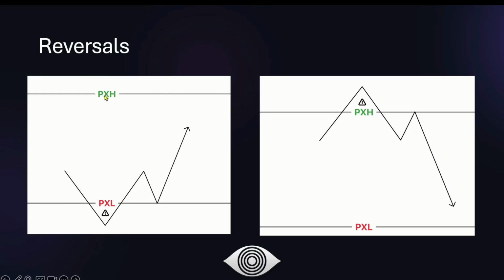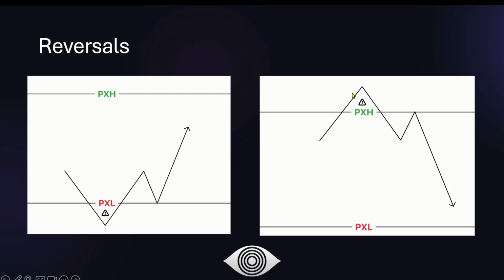But when you see those signs be present, and you begin to see that PXL begin to function as support on price, we can anticipate price to draw higher towards buy side liquidity and maybe even towards the previous X high. For the opposite side, it's of course the same. We see price trade above an old high, price sweeps that high, and the moment that we see confirmations of a smart money reversal within a sell model being in play, this is all what leads to one big market maker sell model.